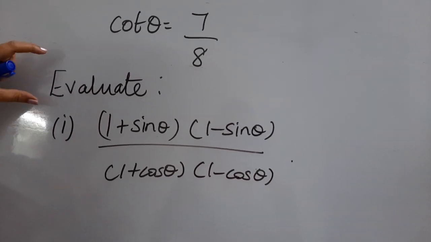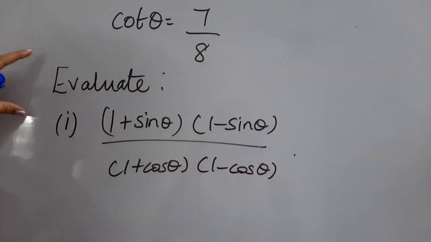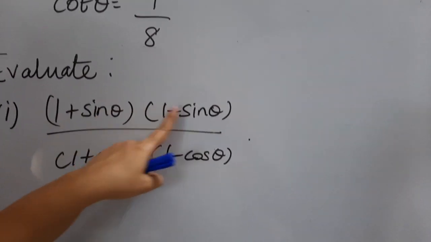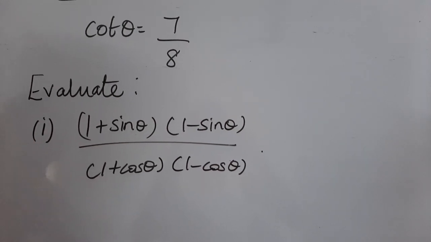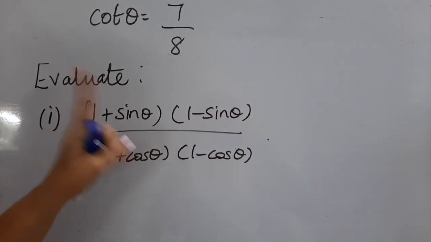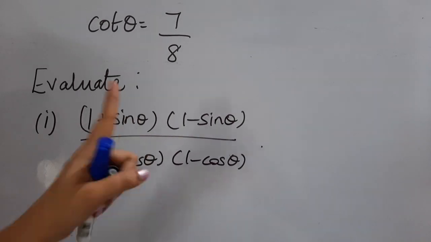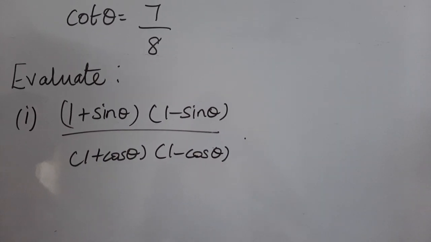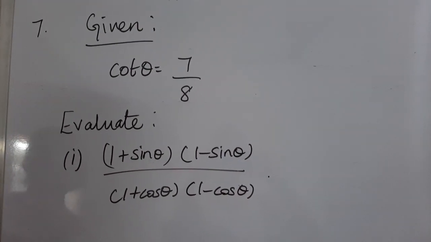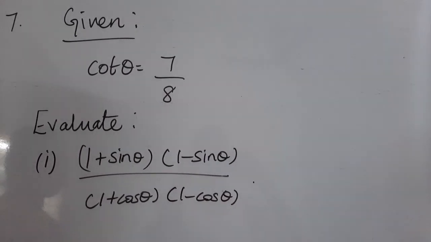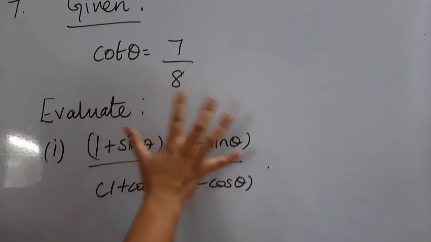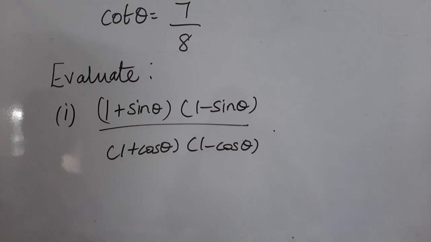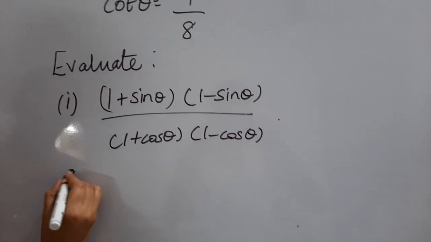So what does this word evaluate mean? I told you many times, when you are evaluating the given values, whether you have one term or 4 terms, whatever it is, solve all the arithmetic operations and bring it into a single number. That number may be a 10-digit number or a fraction or a decimal or a rational number or irrational number, whatever it may be. The complete value posed to us must be simplified into a single number. Now we are going to solve that.